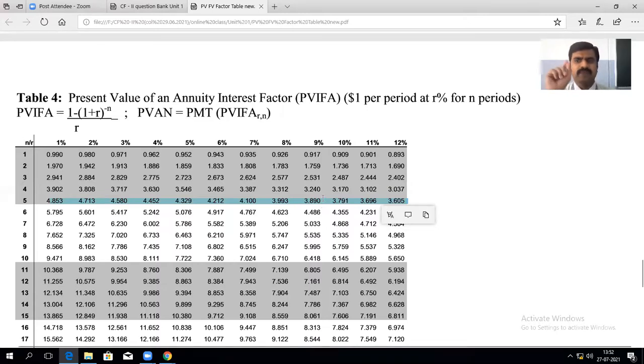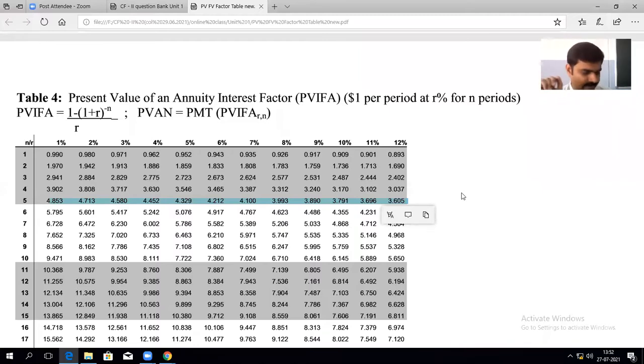So I told you, right, you will not actually get the exact number. Very rarely you will get it. If you get it, that is your IRR. No need to go for any other steps. No need to calculate the present value of cash flows. No need to use the interpolation formula. Directly you can do it. But 99.99% you will not get it, students. So now you have to take one number higher than 3.847, one lower than 3.847.